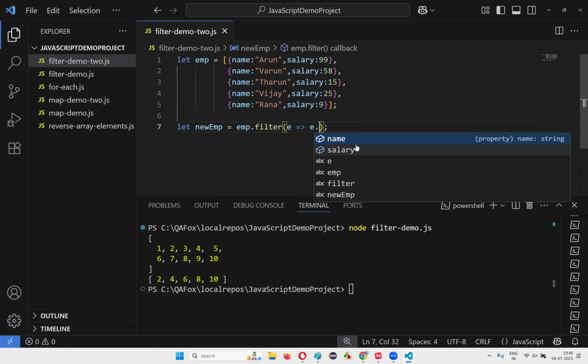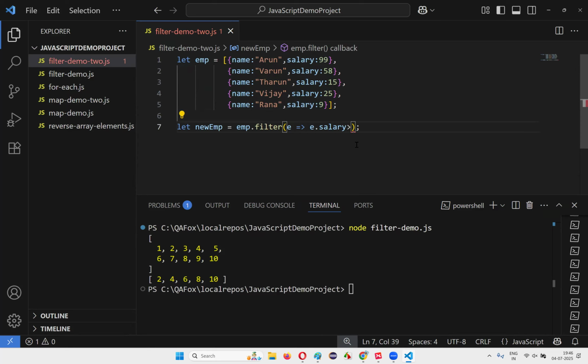Then I'll write down e dot salary should be greater than 15. So Tarun will not come, Rana will not come. Vijay, Arun, Varun will come, because Vijay's salary is more than 15 and Arun's salary is more than 15,